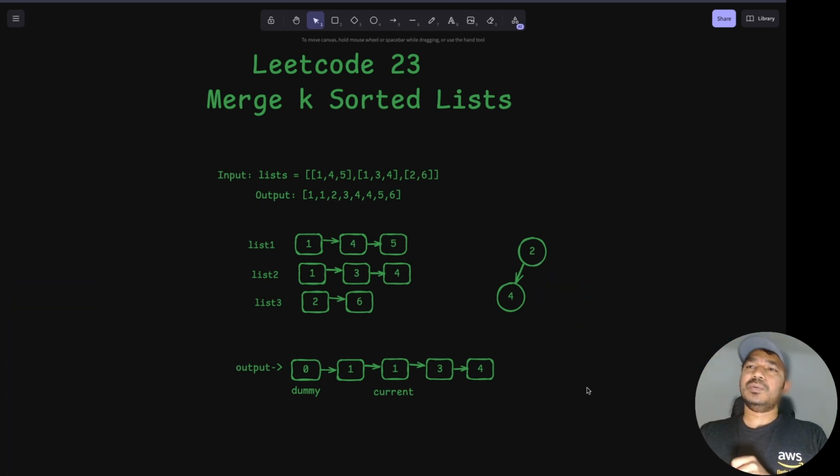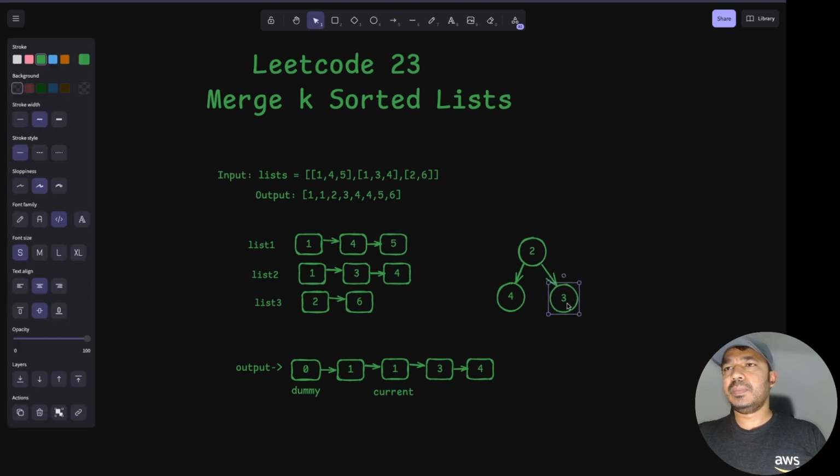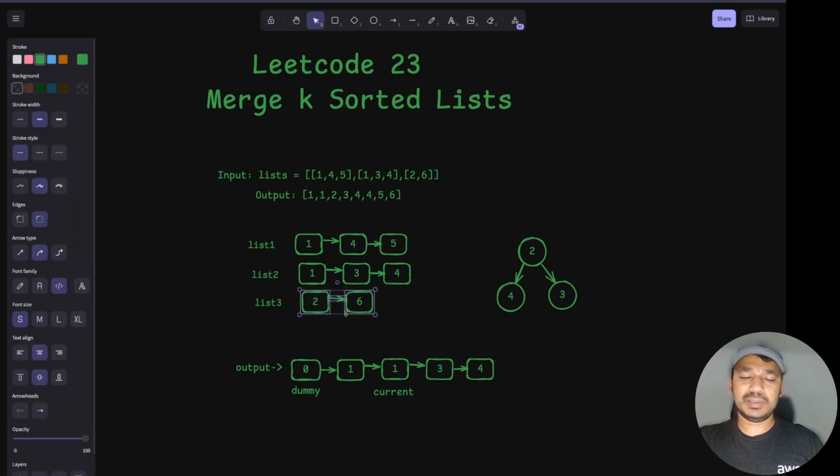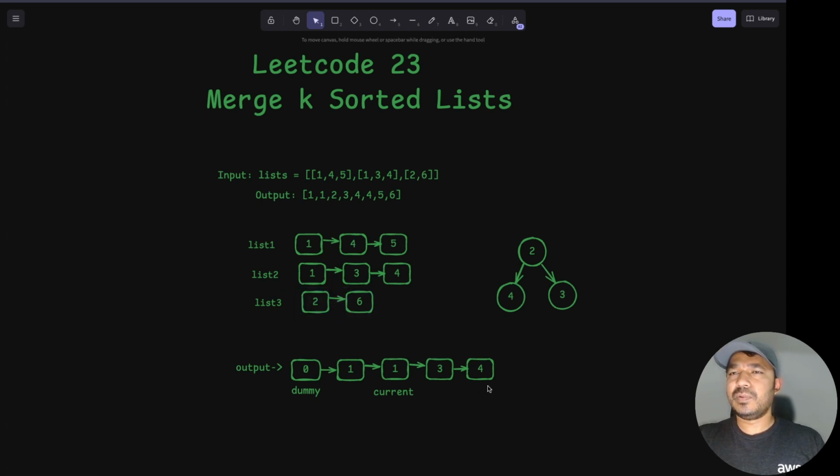Now what should I do? Again, I need to add the next element from the current back to the heap. What's the next element here? 3, 4. So that is the 3. The value 3 will be added. It's already sorted like a min heap. Now again, I'll take the min value from here. The min value here is 2, which is from the list 2, 6. So once that is there,